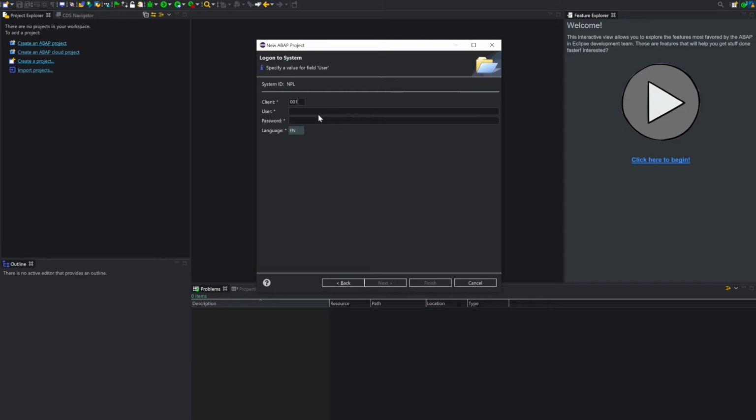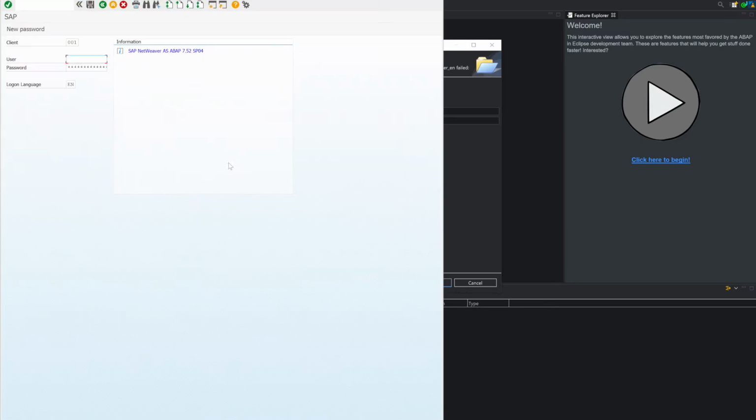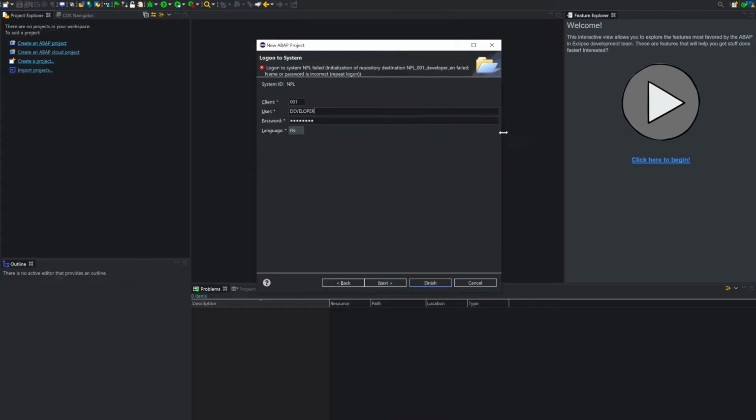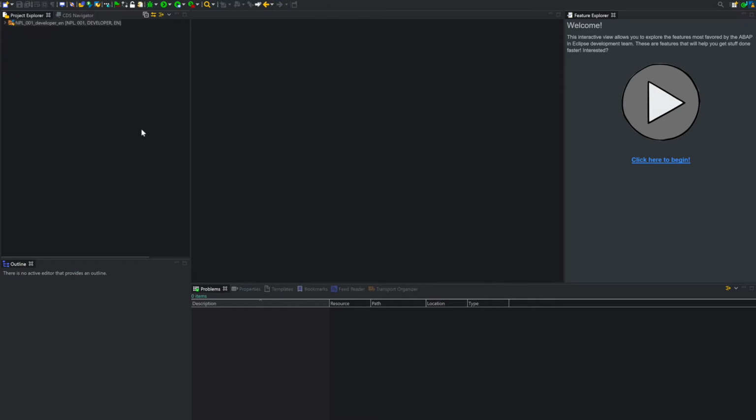So client 1, the user is developer and the password is the secret password from the download. Now here I will find my project.